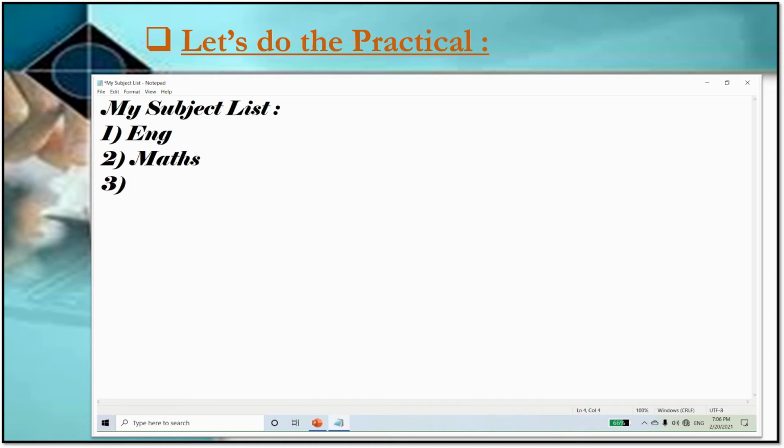So students, here you can see I am typing my subject list. For every subject, I am typing the first letter in the capital. Then here you can see my fifth subject, that is drawing. Like this I am typing. And now here is my last subject, that is craft. So these all are our subjects.